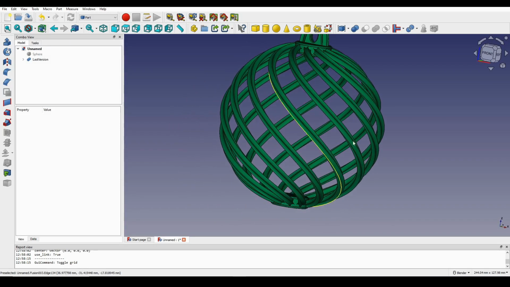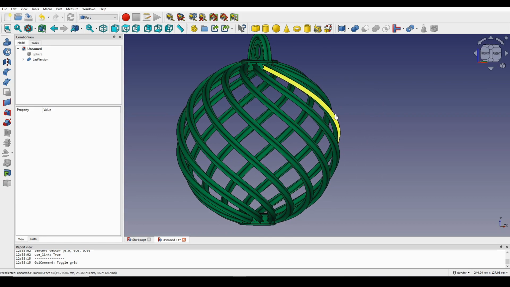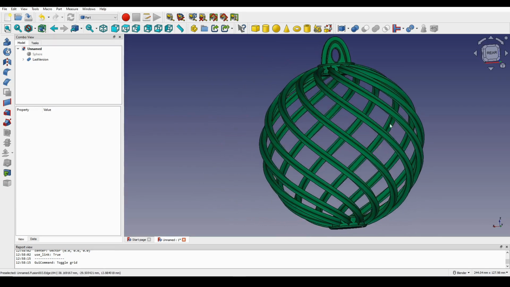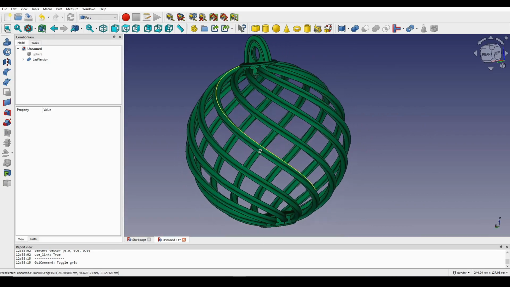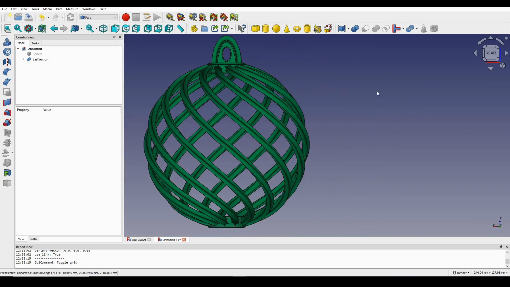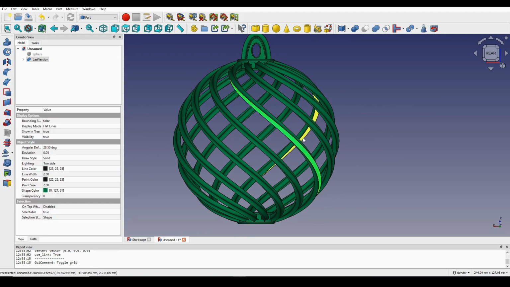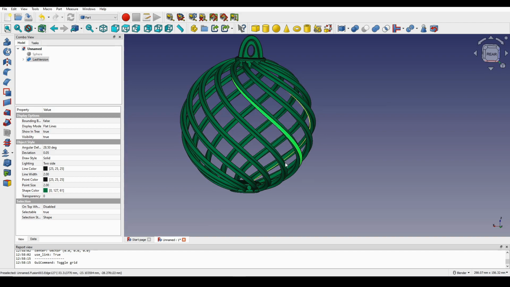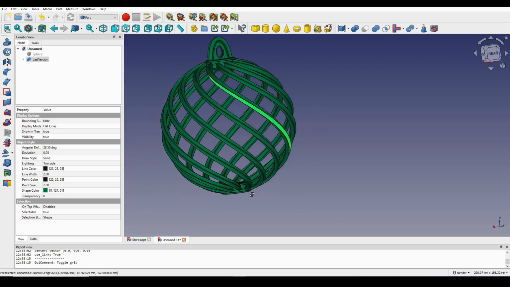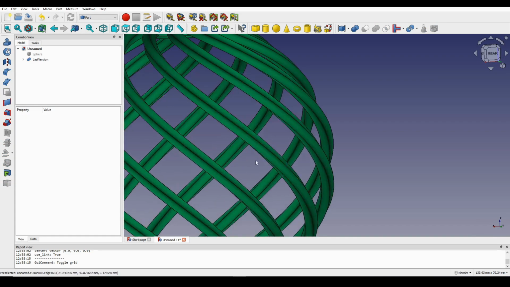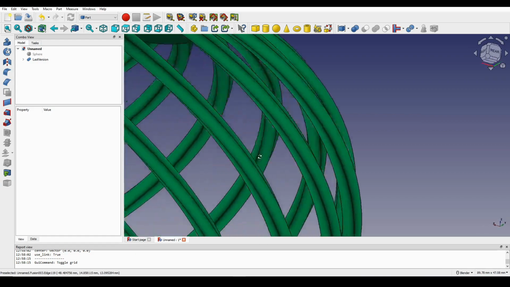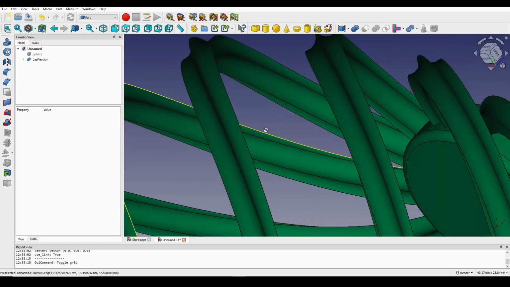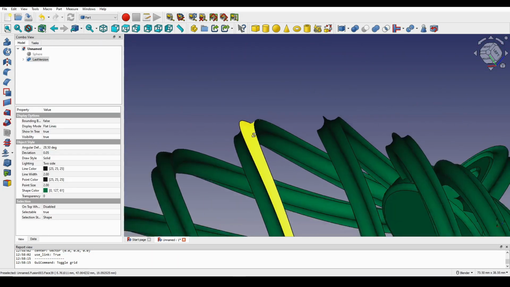Alright, so today I'm going to share with you how I create this Christmas lantern using FreeCAD. You can see we have the main body with a sinker running from the middle top to the middle bottom, and we also have this kind of curved concave surface design in here,